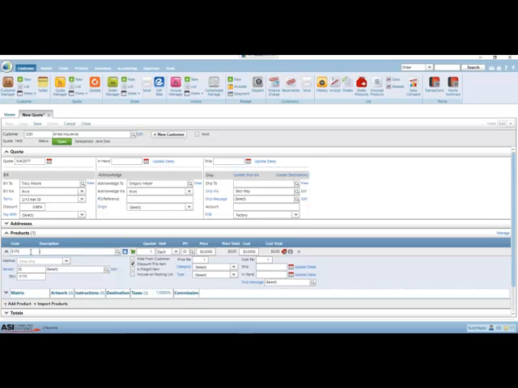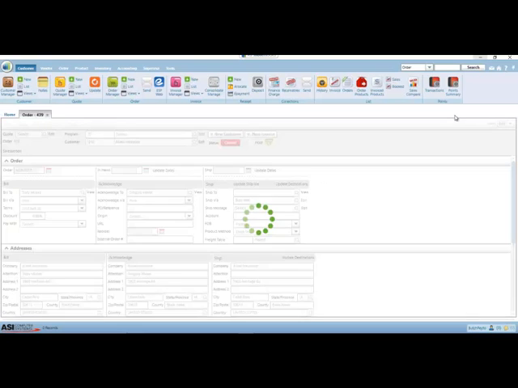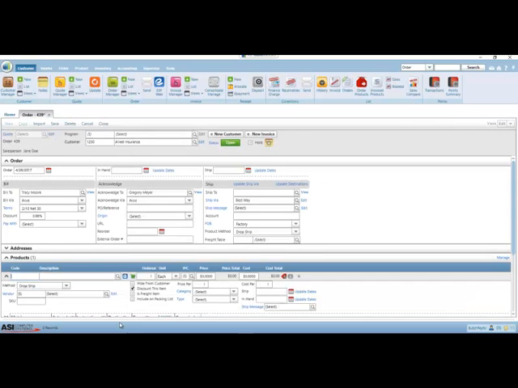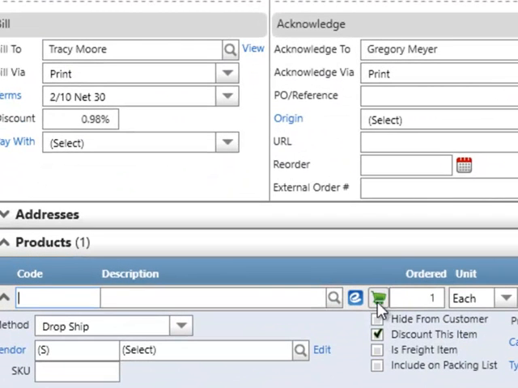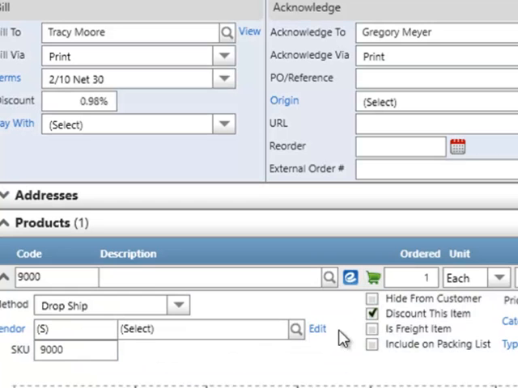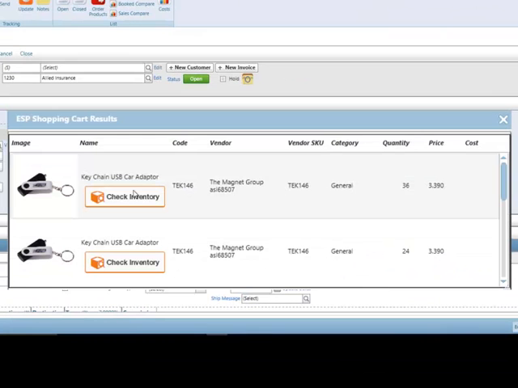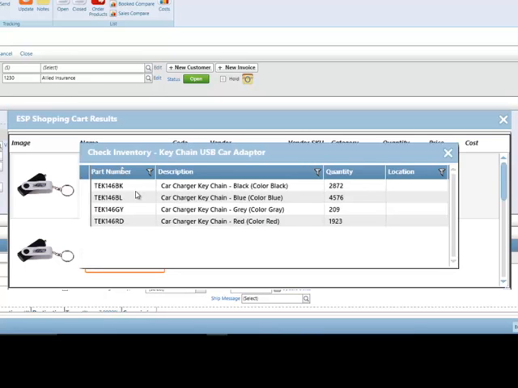Then we're going to move on to an order. Now with our order, again, we'll look at the shopping cart part first. We'll click on our shopping cart. We'll select our button to check inventory. And then we have our part number, again, description, as well as quantity and location. We will then close this option